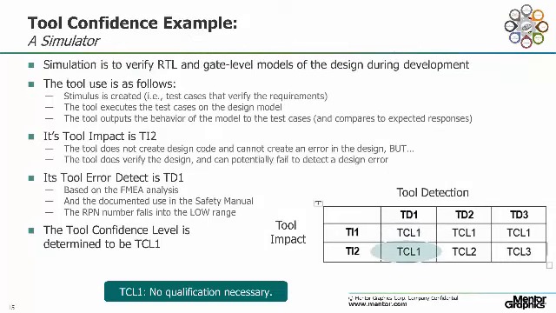If you look at an RTL simulator, then again, this doesn't actually create code, but it could fail to detect a design error. But based on the FMEA analysis, we basically can justify a TD1 tool level, and so again, TCL1. And to a certain extent, this is backed up by